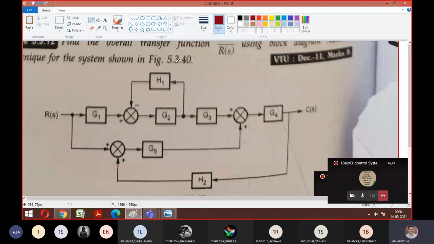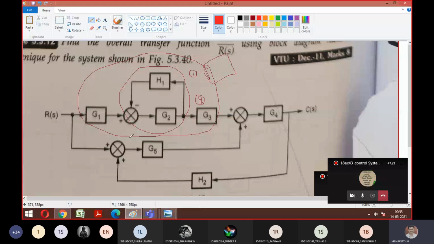Elimination. So this is your step number 1, guys. So this complete is gone. You can make it as step number 1. I'm writing the numbers here. Okay. So then step number 2 is G1 and this answer and G3. That is your cascade. So all 3 becomes 1. So this complete diagram, this path, what I'm cursoring now, is going to be just 1 block. Then we can't solve the problem further because there is a summing point here also, a barrier.